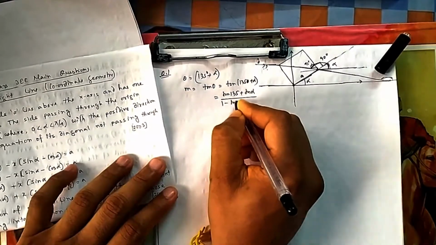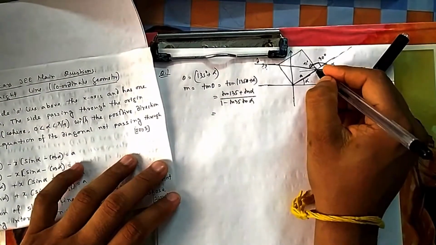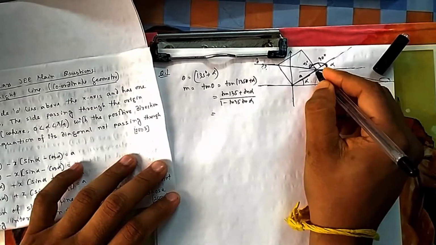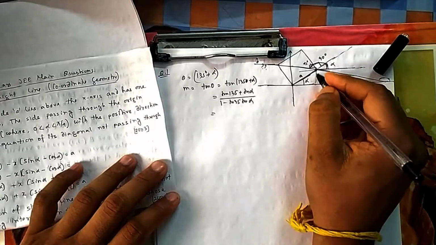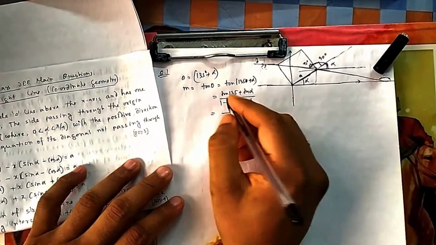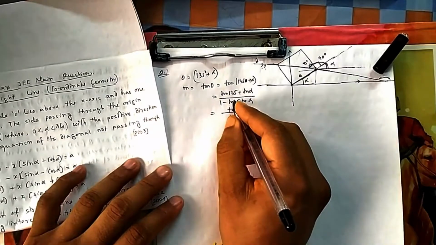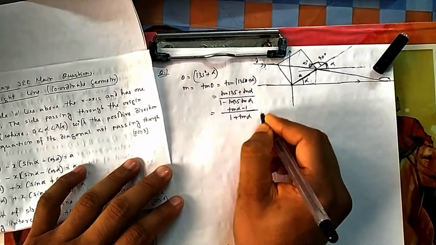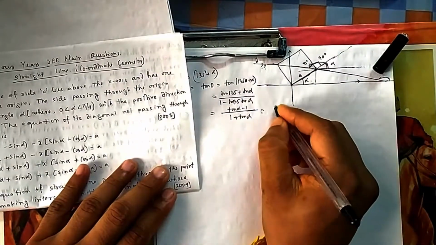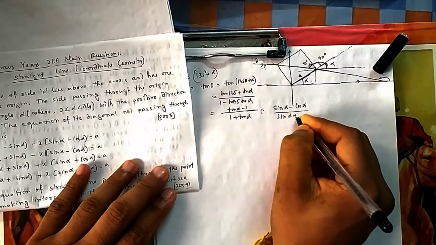Using the formula tan(A plus B) equals (tan A plus tan B) by (1 minus tan A tan B). For a line we need a slope, and what else can you get? You can get this point, because this is alpha, so this will be A cos alpha and this will be A sin alpha. If this is A, then it becomes cos, it becomes sin. Tan 135 is in the second quadrant, so it is minus 1. So you can write tan alpha minus 1, divided by 1 plus tan alpha. Because all options are in terms of sin and cos, let me change it to sin by cos, so it will be (sin alpha minus cos alpha) over (sin alpha plus cos alpha).